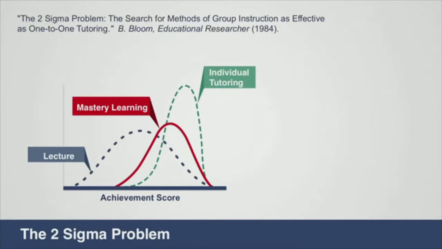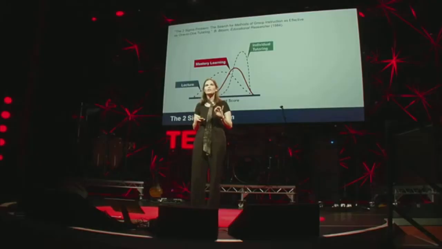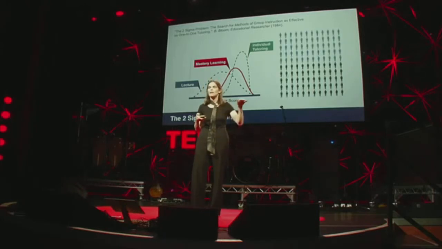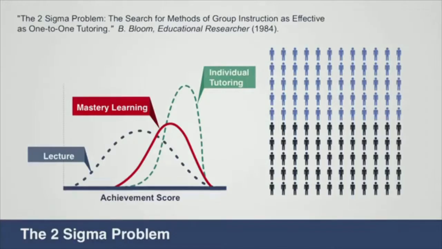The mastery-based population is a full standard deviation, or sigma, in achievement scores better than the standard lecture-based class. And the individual tutoring gives you 2 sigma improvement in performance. To understand what that means, let's look at the lecture-based classroom, and let's pick the median performance as a threshold. So in the lecture-based class, half the students are above that level and half are below. In the individual tutoring instruction, 98% of the students are going to be above that threshold. Imagine if we could teach so that 98% of our students would be above average. Hence, the 2 sigma problem.